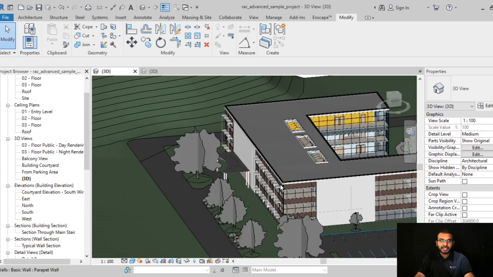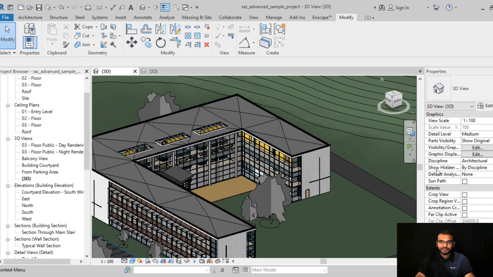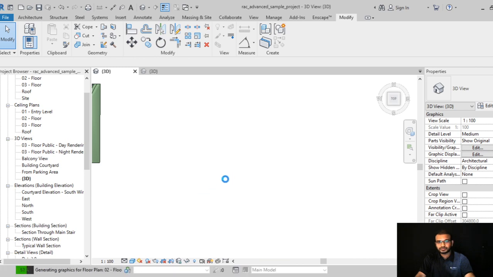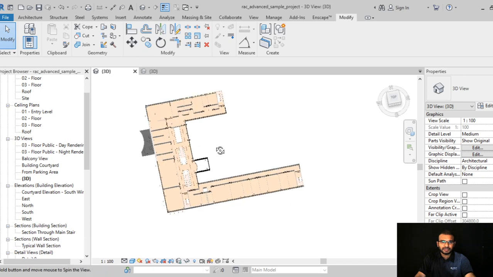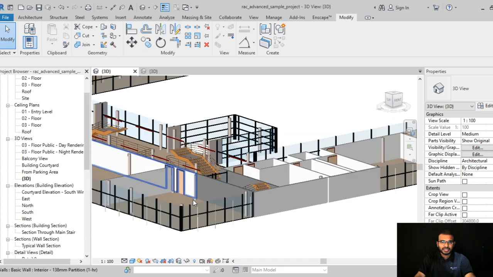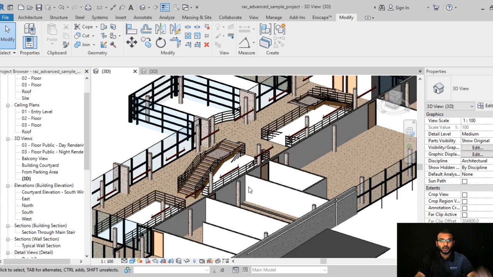For example, if I need to see what is there in the ground floor, or floor number 2, how my building is available in 3D at level 2, these are all the details of my project in level 2. Up to what you have modeled can only be seen there, with material specification.